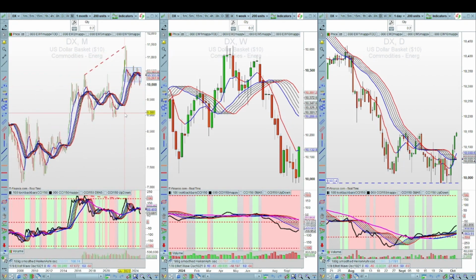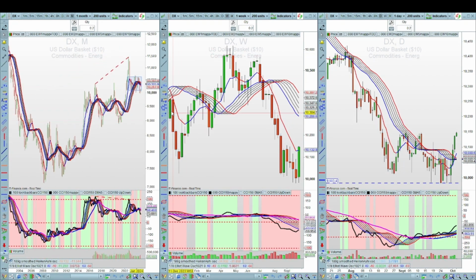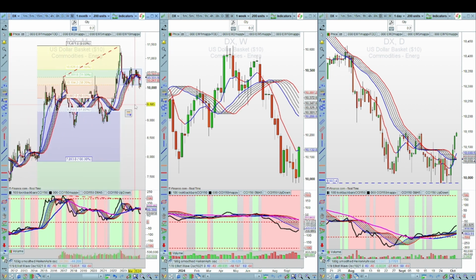And the way we mark this divergence, for those new to the channel, we do a Fibonacci retrace from the high. We take it to the previous low, and that would have been that point there. That was a recent low, and that's at the 23.38% retrace level. Now, if it falls much further, then we look at the next level, which will be the 50% level, if it falls below the 38%, which is where it's hovering currently at the moment.